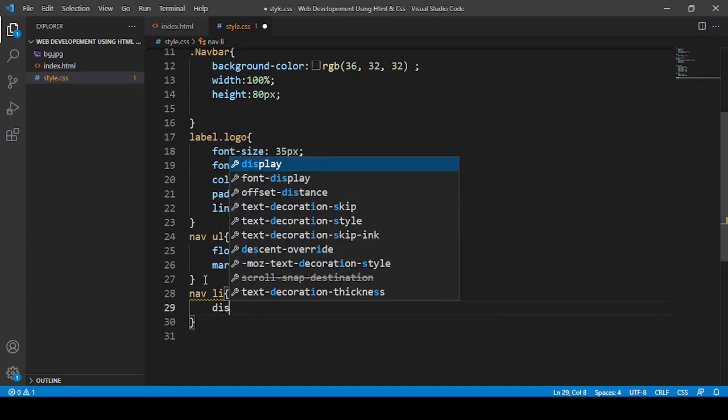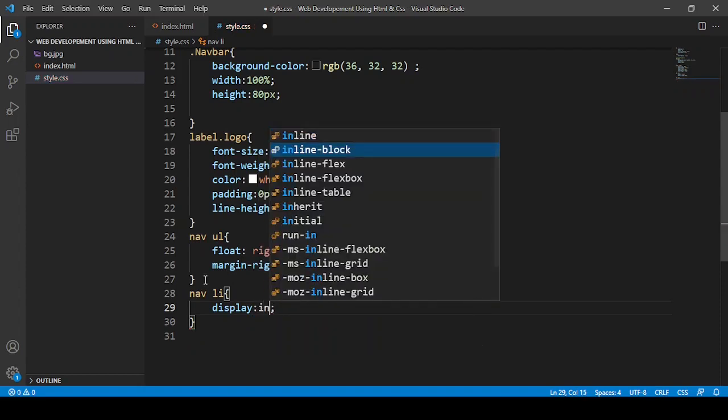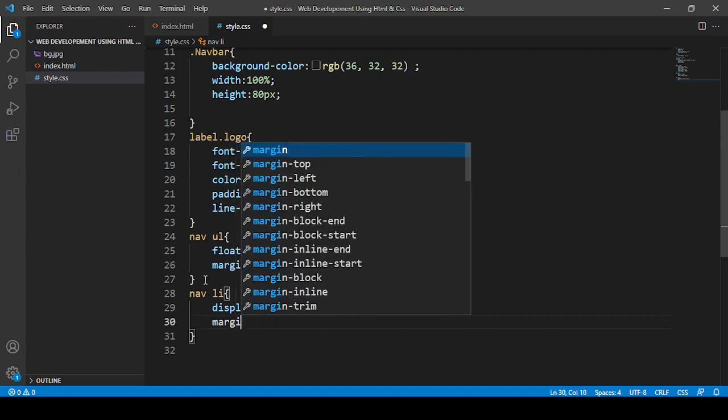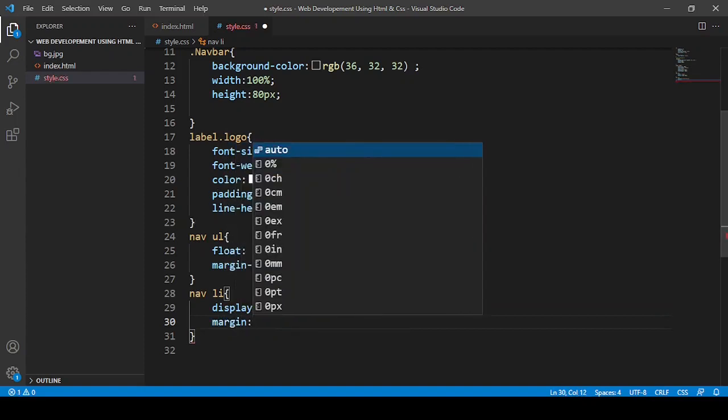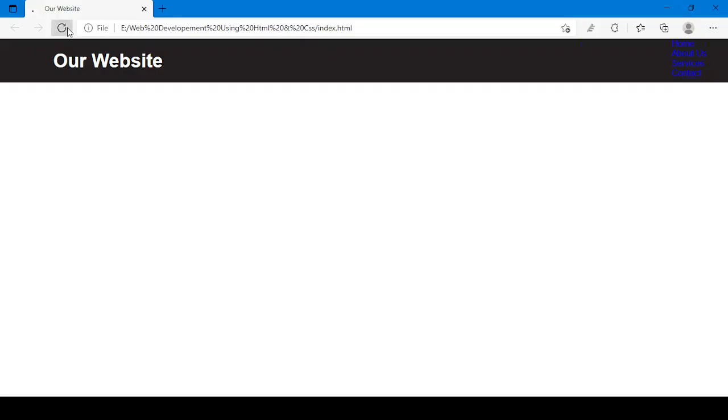So what I'm going to do is, there is a property called display, and in that we can do inline block. You can also say display flex, and flex direction equals to row. Here I'm going to say inline block, and I'm going to say margin. Why margin? Because if I just save it here only, and let me show you, and if I just reload, see now. After making websites 4-5 times, you will be experienced at what to give at what time.